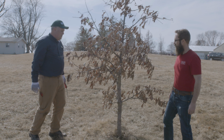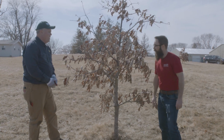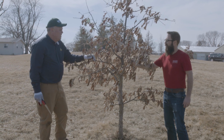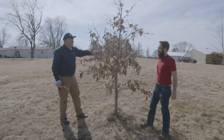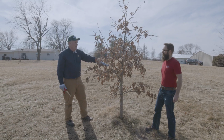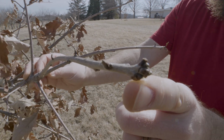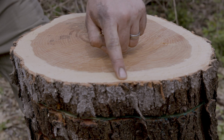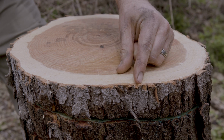One of the biggest myths that people make mistakes on is if they have a branch here at 4.5 feet, their philosophy is that if they wait 10 years, that branch is going to be somewhere up there. So if you have a branch at 4.5 feet, that branch will always be at 4.5 feet. There's a couple places where trees grow. They grow at the bud tips here on the branches, they grow at the root tips, and they grow in what they call the cambium layer underneath the bark in the trunk and in the branches,